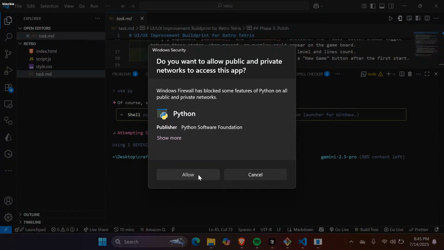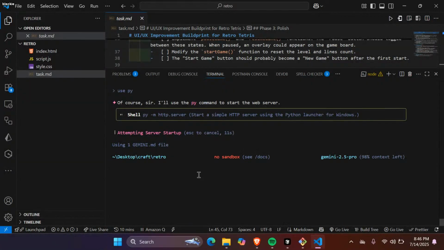Yeah, my Python, I've not set it as python. I usually use py. Let me see if it will start it. This is HTTP.